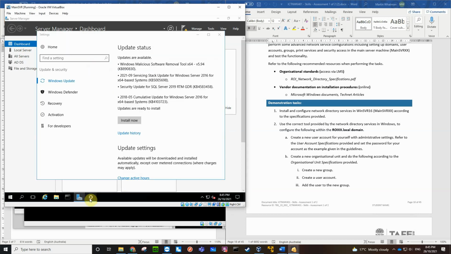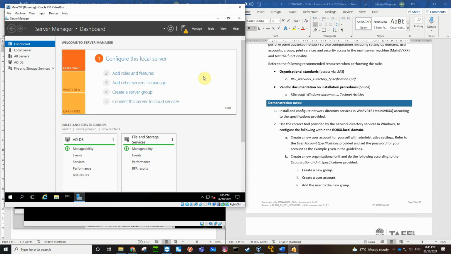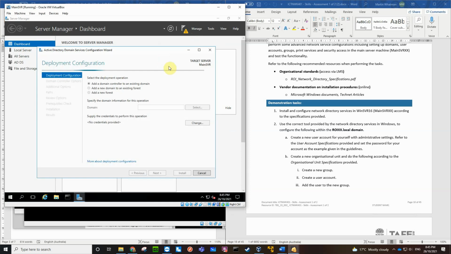I've still got this update thing running in the background. I don't want to run that at the moment, so I'm going to kill it. Okay, so if we look at the notifications here, we'll see that we need to promote this server to being a domain controller. And this is going to be a brand new domain, the first domain in the entire forest. So it's going to add a new forest. Just select your initials, .local,